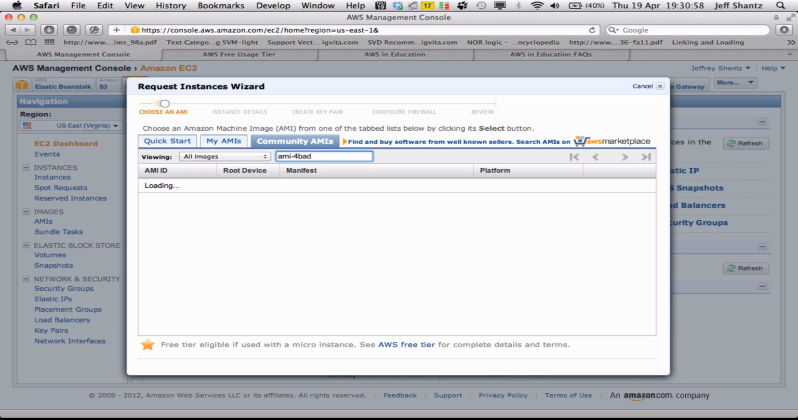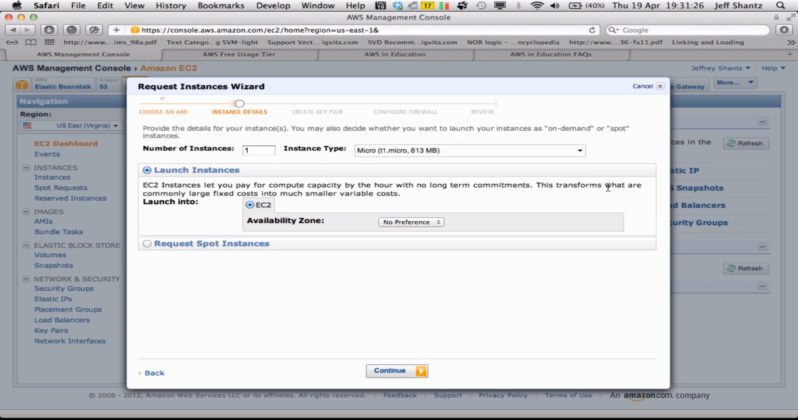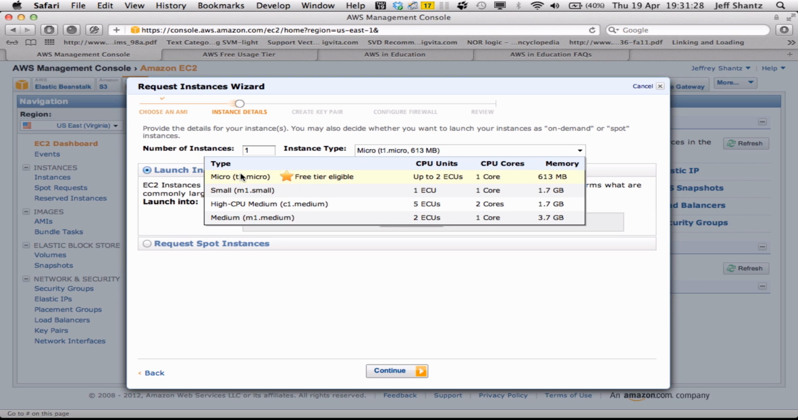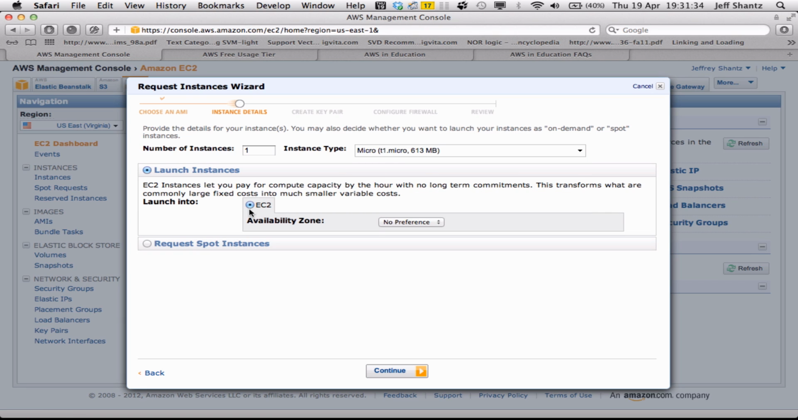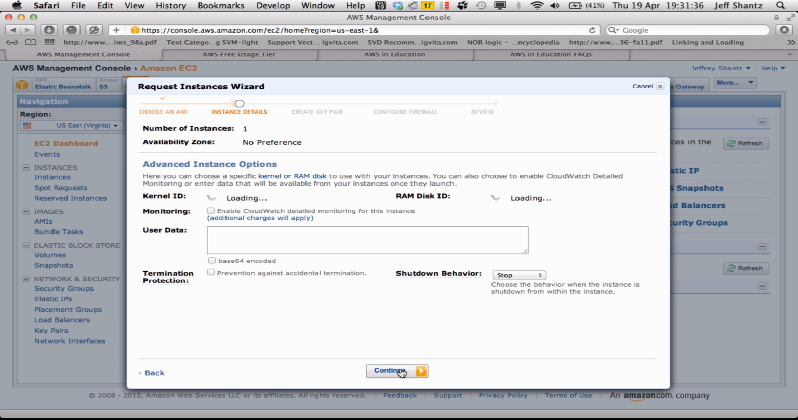And I just happen to know the AMI ID. It's the virtual machine ID for this particular image that I want to use. So I just type that in, and it just takes a minute to pull it up. Okay, there we go. So now I'm just going to click on Select, and I'm going to make sure that Micro is selected, and you can see here that it's free tier eligible, so I'm not going to be charged anything for it. So I'm going to click on Micro Instance, leave everything else as is,